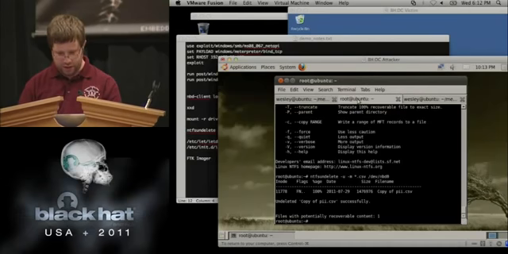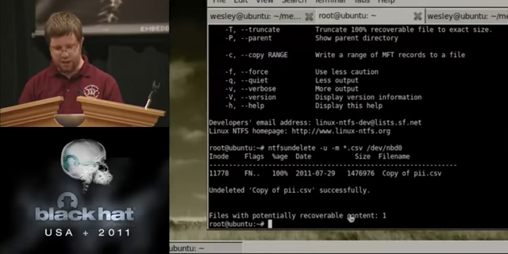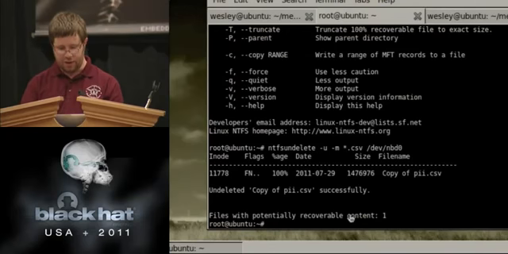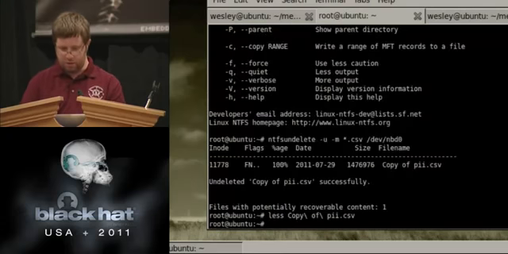Did this undelete anything? Yeah, okay. So meanwhile, over in NTFS undelete land, it's undeleted that copy of PII.CSV and put it on the local file system for us to look at. Now, when we undelete these things, we don't mark them as being undeleted on the remote file system. We simply make copies of the data over to the local. So in this case, we have a copy of what we had deleted before, with all the personally identifiable information of random non-existent people.